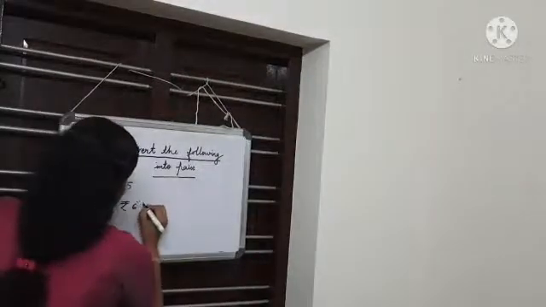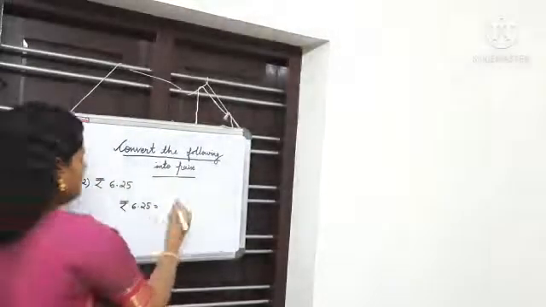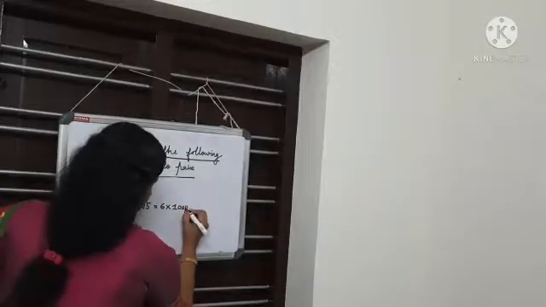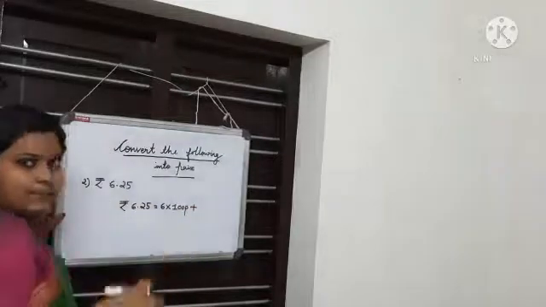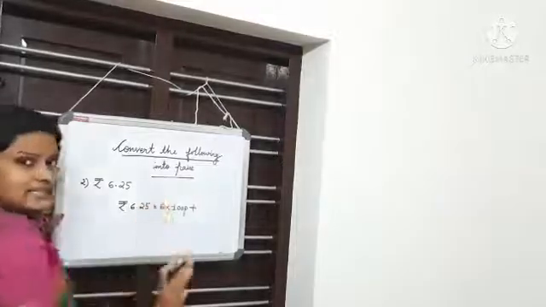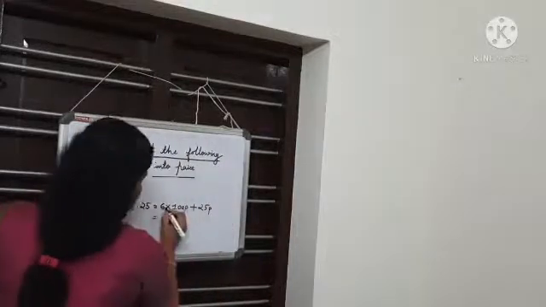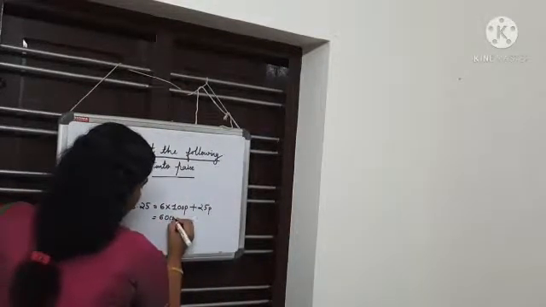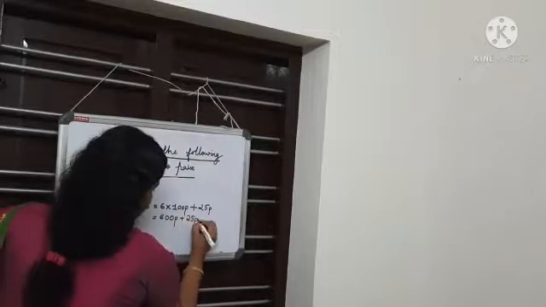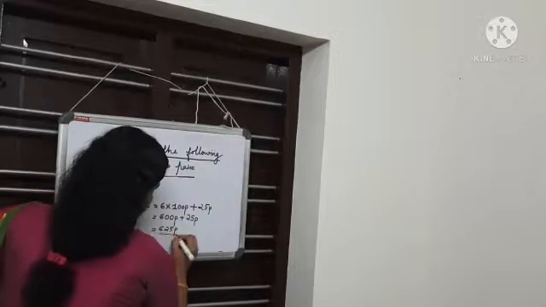Rupees 6.25 is equal to, first we have to convert 6 rupees, right? So, we have to multiply 6 by 100. 6 into 100 paise plus, now this is already in paise, right? So, is there any need to convert this? No. We can write this as such. Plus 25 paise. This is equal to 6 into 1 is 6. How many zeros? 2 zeros. So, 600 paise plus 25 paise. So, the answer is 625 paise.